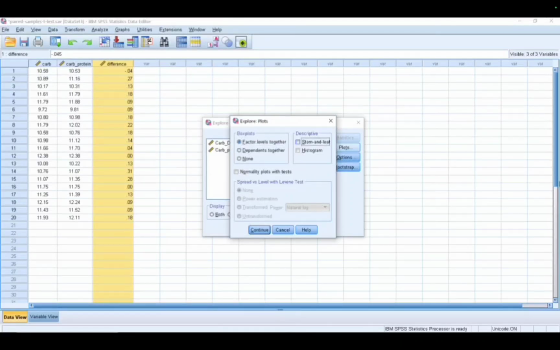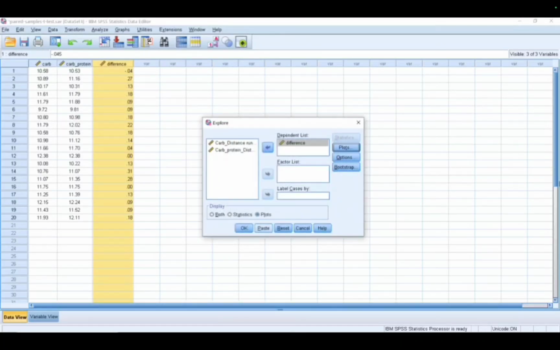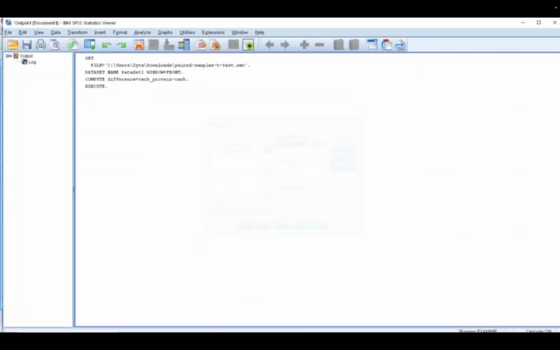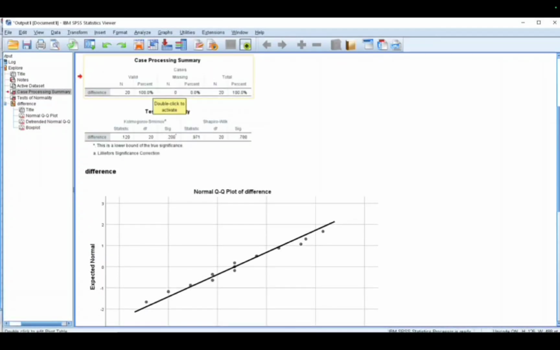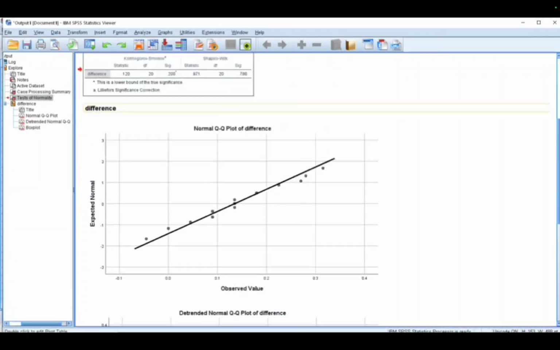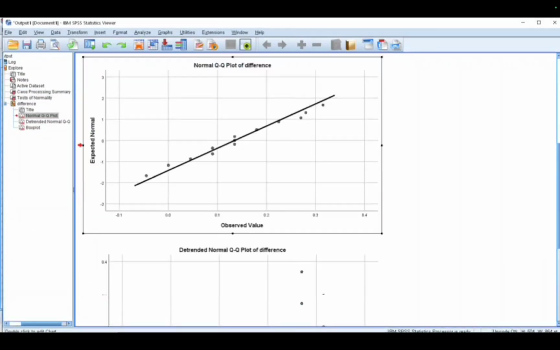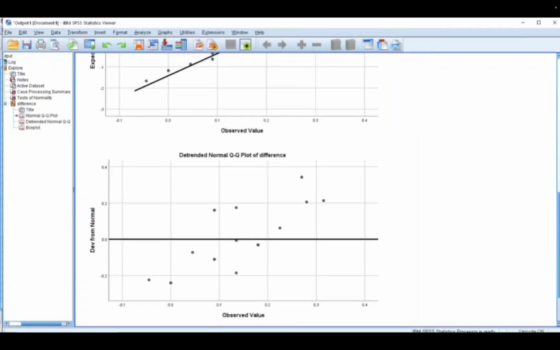Then we move the difference, click statistics and plots, then the factors, the normality, and then okay. There's also other information there, and the output is seen already, as you can see there.